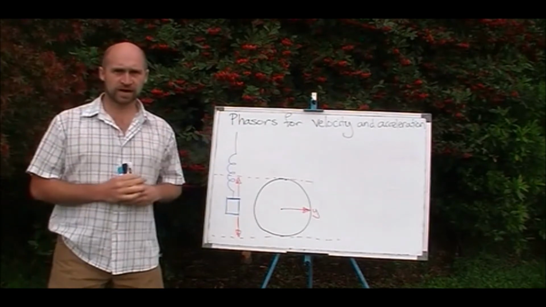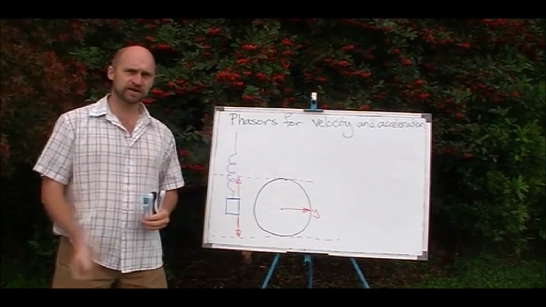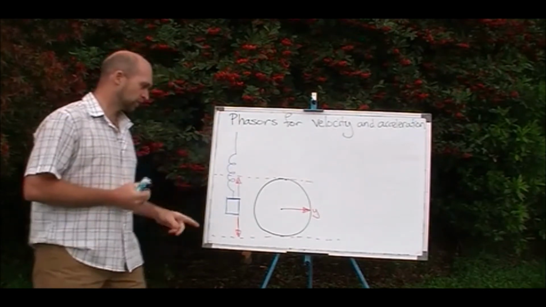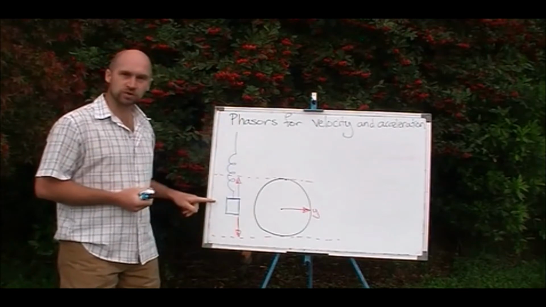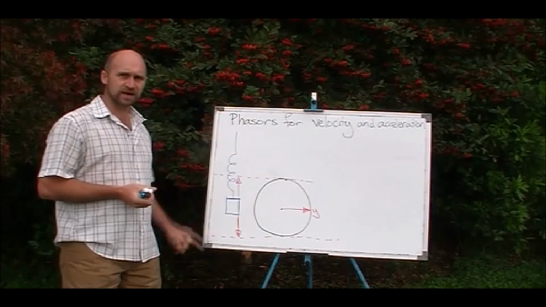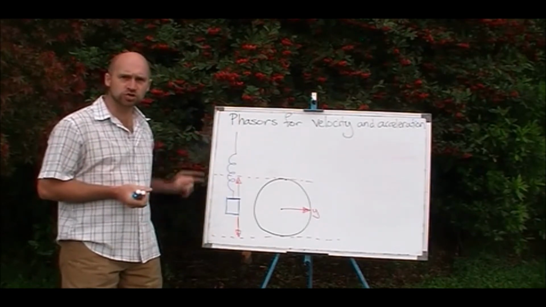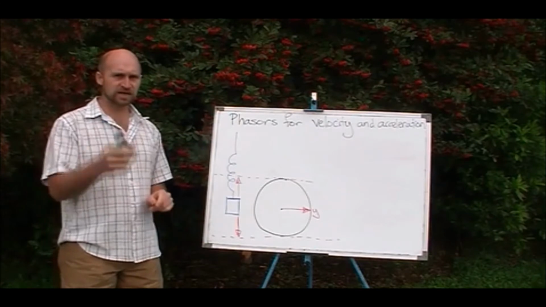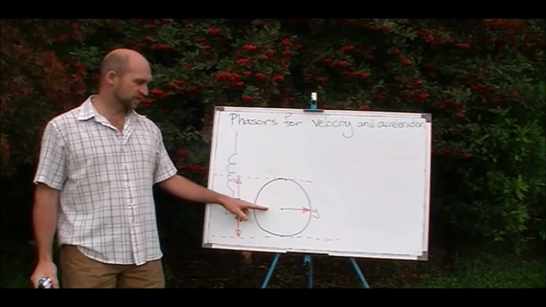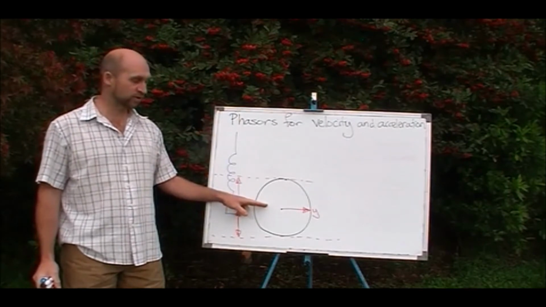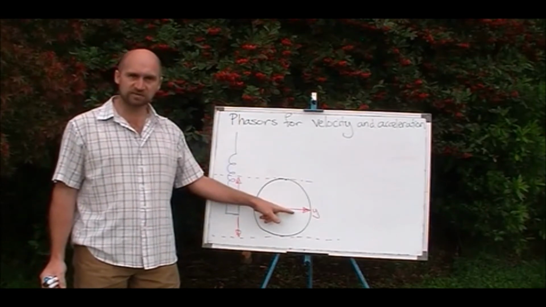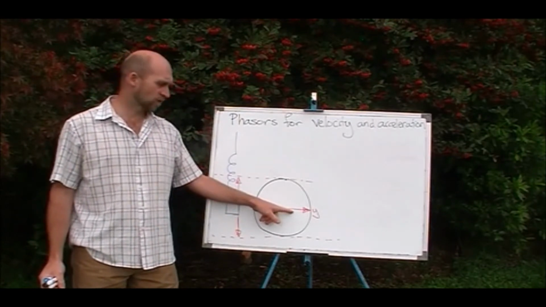Okay, we're out here this morning to have a chat about phasors for velocity and for acceleration. And I want to just remind you of the situation that we're talking about: a mass on the end of a spring bouncing up and down with constant amplitude, constant period. And last time we worked out that if we want to draw a phasor for the displacement, starting from the equilibrium position, moving upwards, then we have to draw that displacement phasor like that, out to the right, because